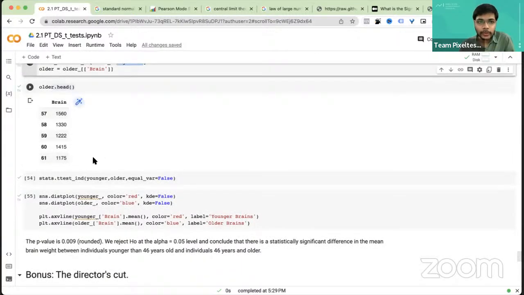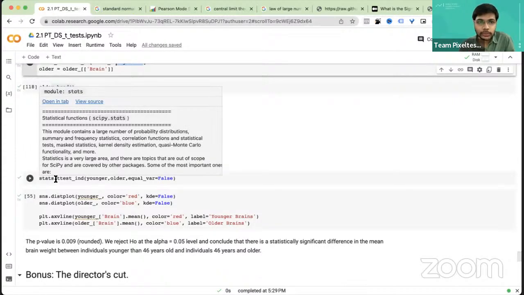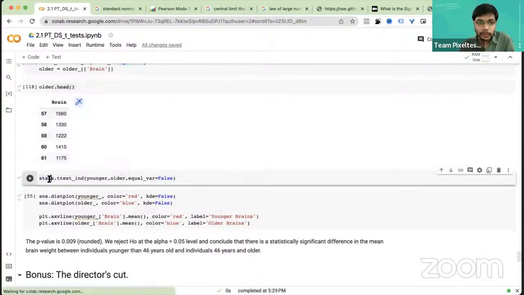Great. Okay, so now we have our two sample set. Now the function here is stats.ttest_ind. So when you do that, if I hover on it,